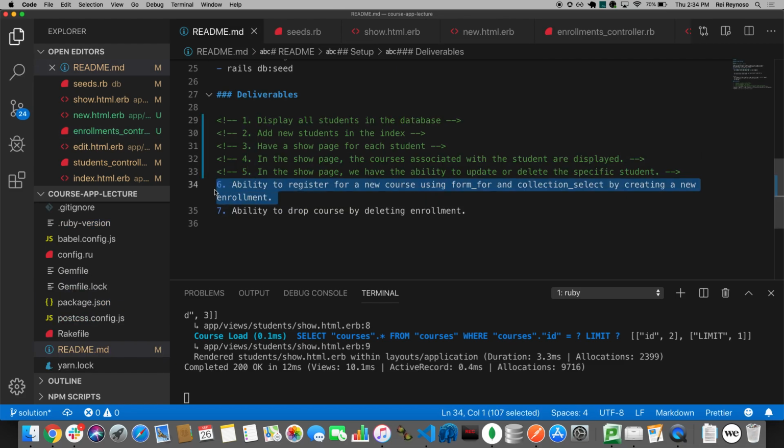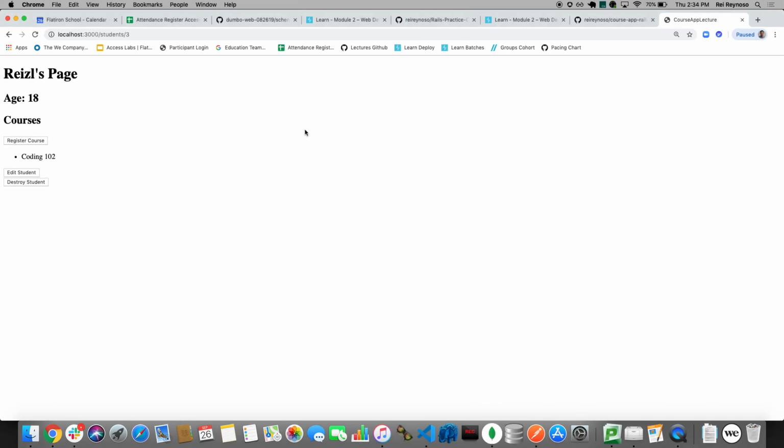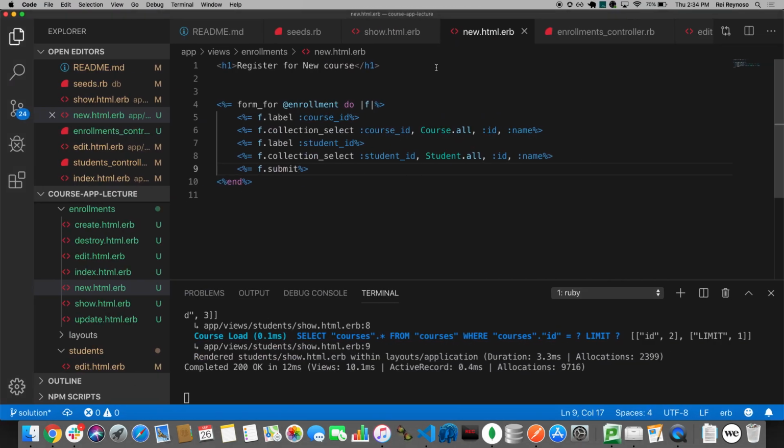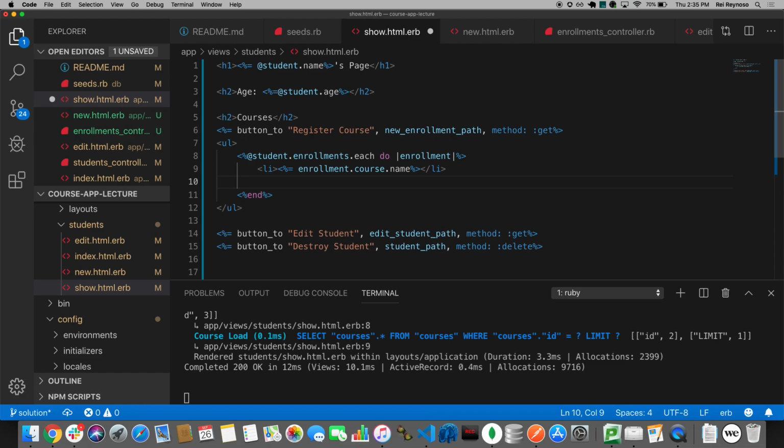Okay, so we did new course using form_for and collection select, and now we want to delete that enrollment. So on the show page, I guess it's more user friendly if there was a button next to the course and I can just click remove this so it drops, right? So let's go to that show page. Let's make this user friendly. I don't just want to add an LI next to it. I also want to add